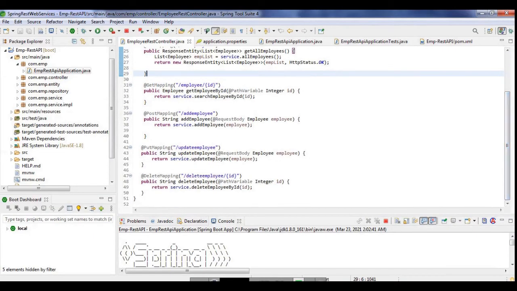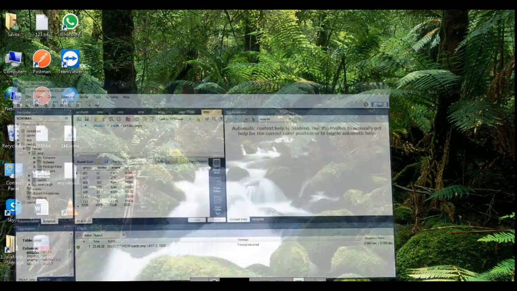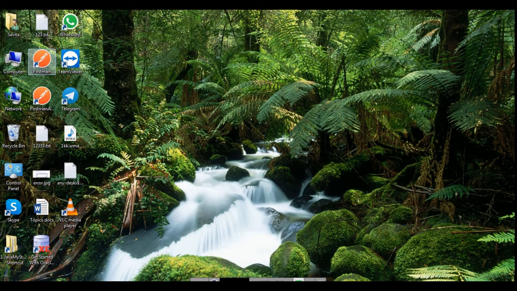So the other endpoints, my PostMapping, PutMapping, DeleteMapping, and all the others, I can test in my tool, that is the Postman tool, which you can easily download from the internet. I do have that on my machine, so I can open that and show you here.